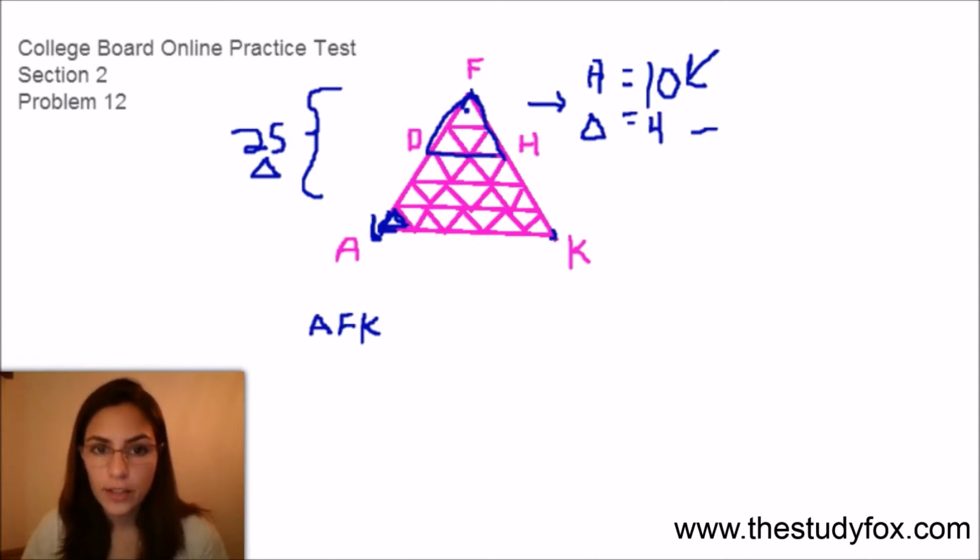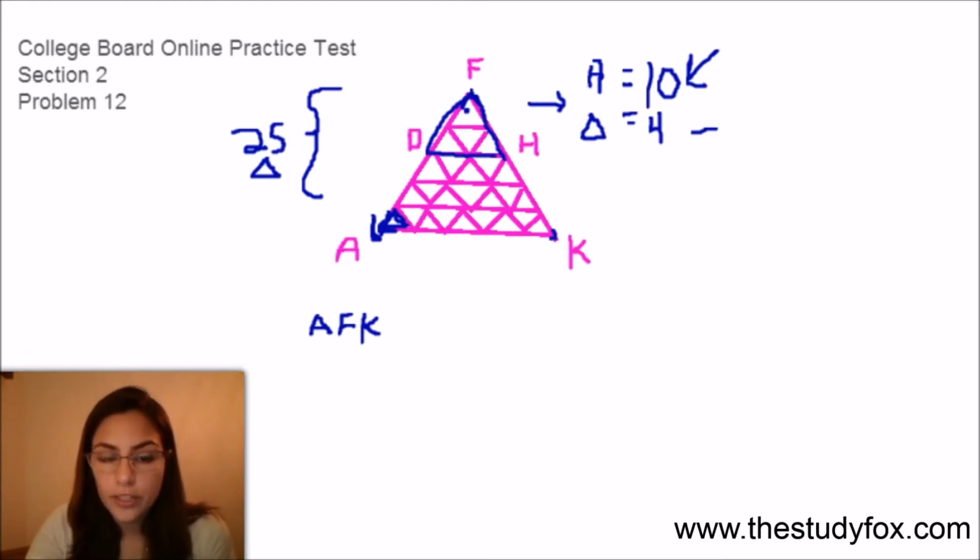And since all of these are equilateral or similar triangles, then we can just create a proportion because all the sides should be in proportion to one another between the two triangles. And if you weren't aware of that, definitely review your properties of triangles and similar triangles. Okay, so we know we're going to do number of triangles. So the big triangle has 25 little triangles, and we're trying to find the area, so we're going to call that X. And then the little triangle, which is DFH,